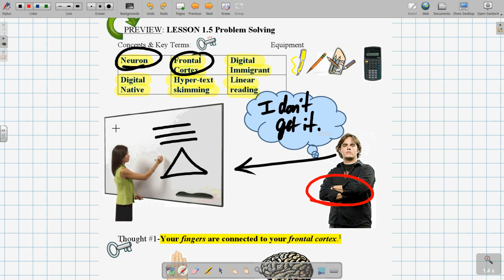And as a teacher, I started asking myself, why are students not perceiving and understanding visual diagram problems? Why did it seem so hard? And I did my master's thesis in how digital technology is changing the way our brains process information. And it's important that I did my master's thesis because I can see the change,